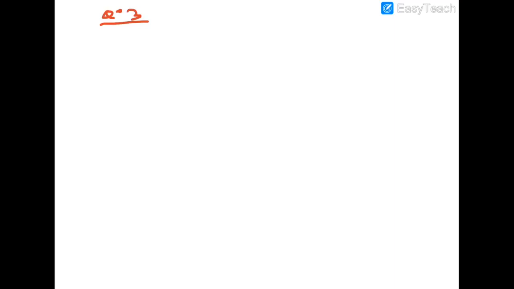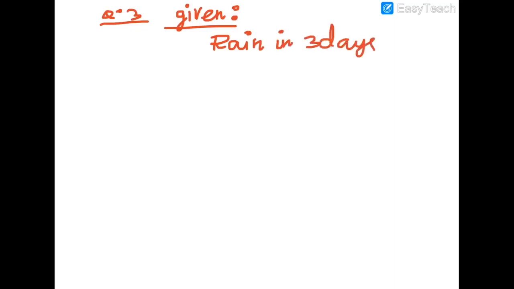Okay, so first we have to write the given value. So what are the given data? Given value first is 3 days. So the rain amount in 3 days, how much came? How much level? So 276 millimeter. Okay, so I will write that 276 millimeter here. So rain in 3 days, 276 millimeter.